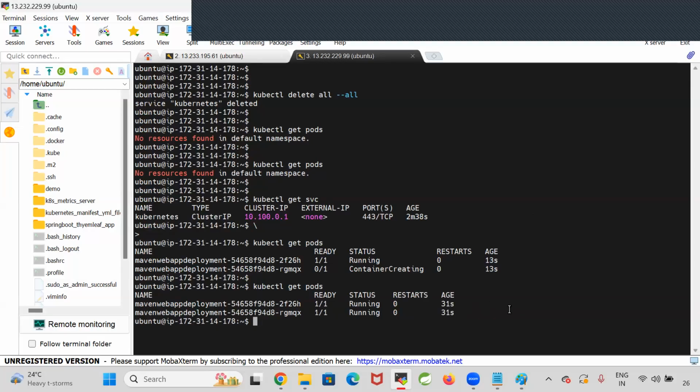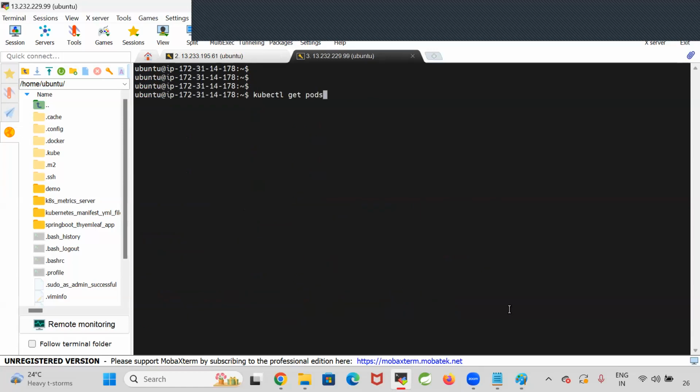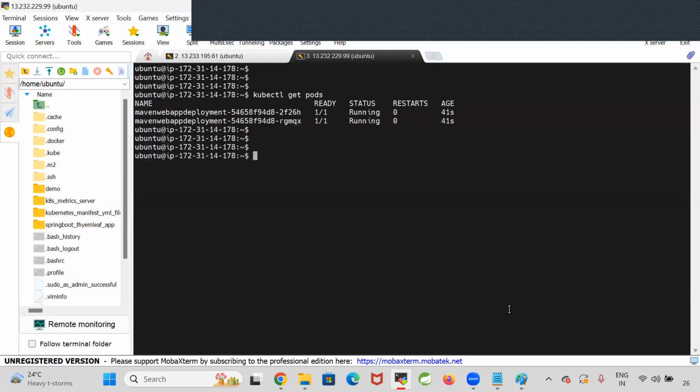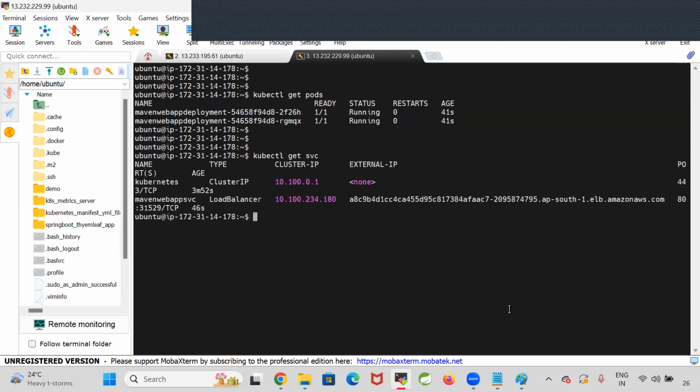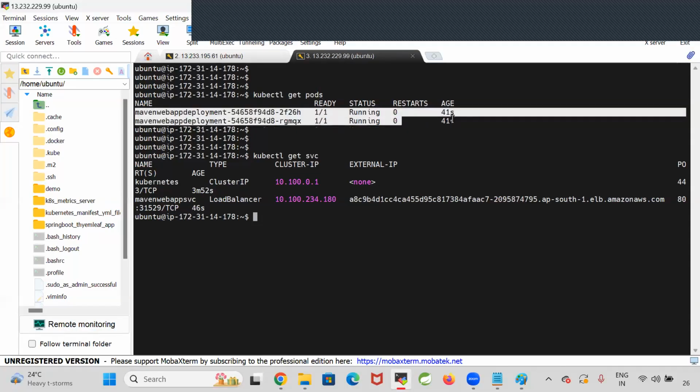Who is deploying my application in the cluster? Am I deploying that manually or am I deploying by using Jenkins? I'm deploying by using Jenkins. Automated build and deployment. Okay, when I go for kubectl get pods, 2 pods are created because I have given